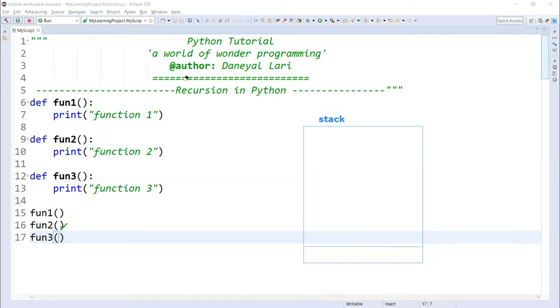So now the function 2 will be placed into the stack. This is 1 2, and after that it will go to this point, the function that you have written, and here it will come and start the execution of the function, and it will execute the statement that you have written into the function 2. As you can see, there is only one statement, so it will print function 2,